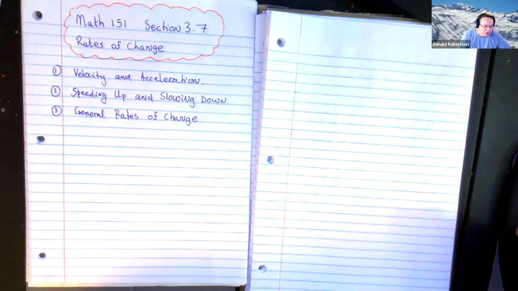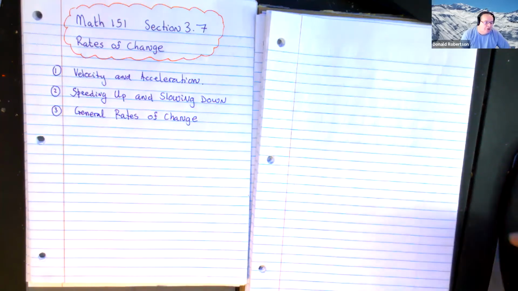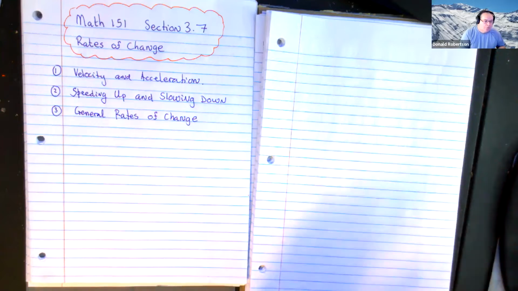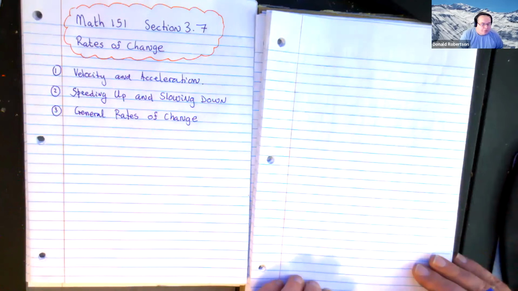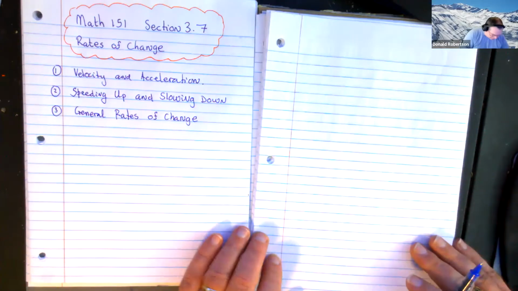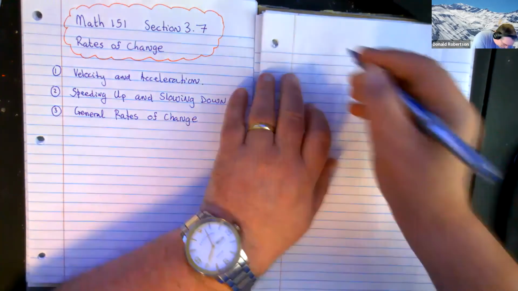Then we'll talk about how in an object's journey as it moves, right? So you're thinking of a moving object. We're going to look at when you know if it's speeding up and slowing down, and how to calculate intervals of time where this object is speeding up or when it's slowing down. And then we'll finish with some general rates of change questions where it's not a moving object, but you still use derivatives. So let's start off with